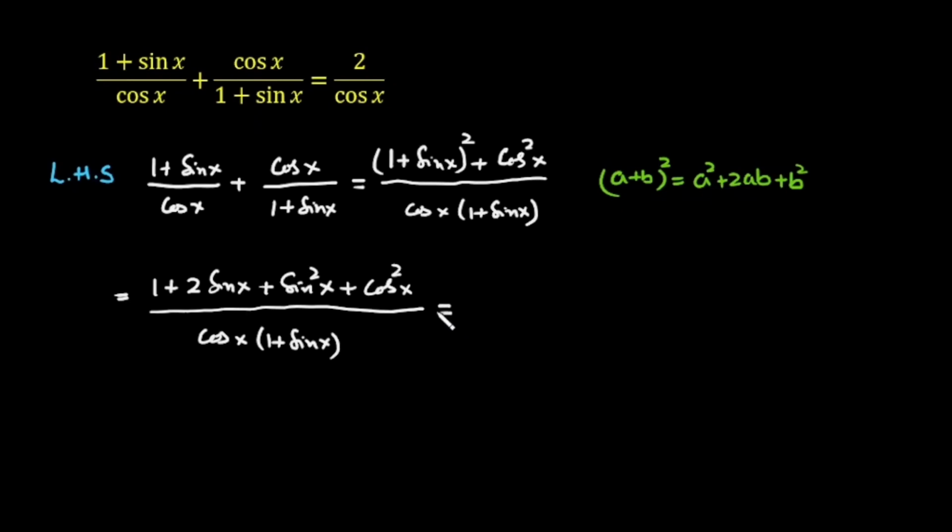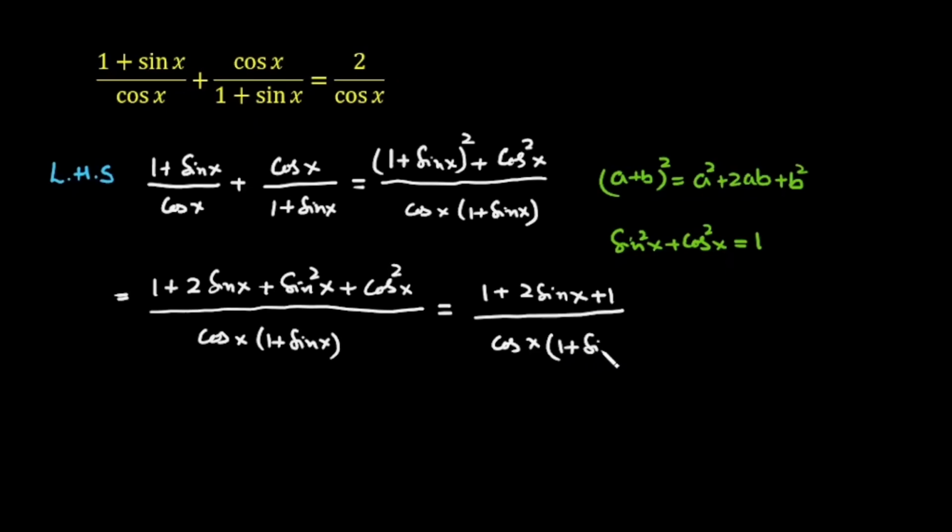So in the next step, 1 plus 2 sin x, this sin square x plus cos square x, this is the relationship between sin and cos. So we know that sin square x plus cos square x equal to 1. So this is plus 1 over cos x